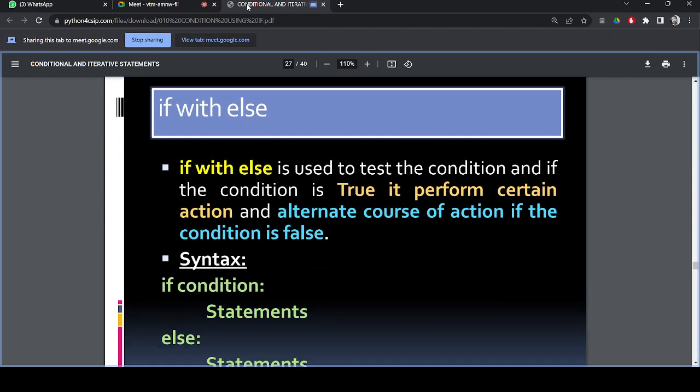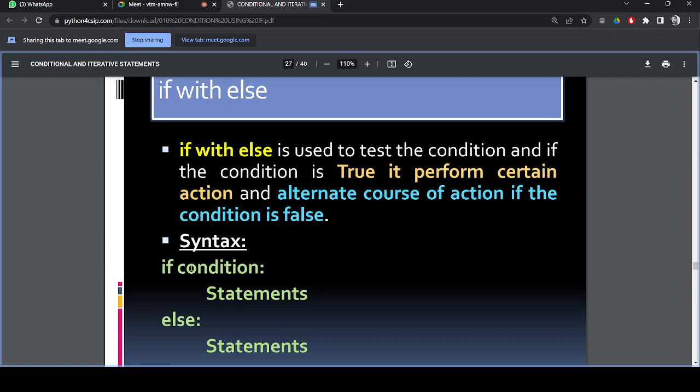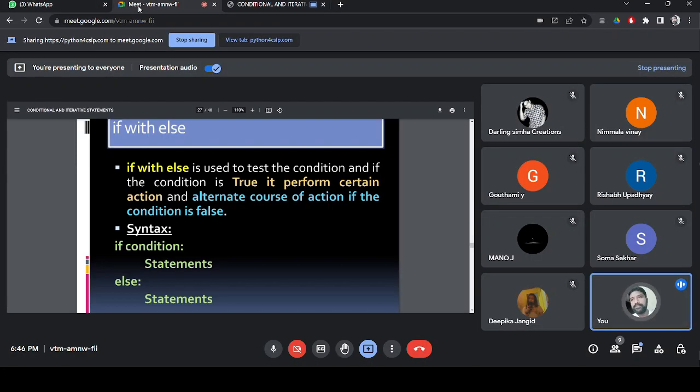And now the if statement with else. The syntax is like this. The green color button is the if condition. If condition colon statements, else colon statements. After the colon, whatever is coming is called a compound statement. After a colon in Python, whatever you type is called a compound statement. Usually it may be one statement or multiple statements. All the multiple statements will be treated as a single unit, so it is called a compound statement.